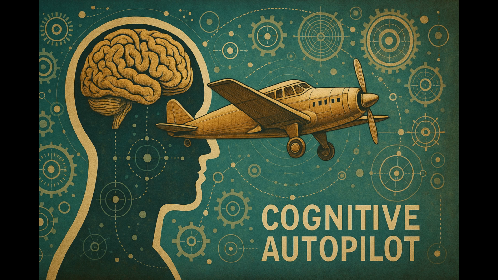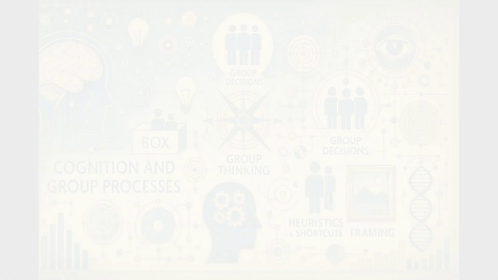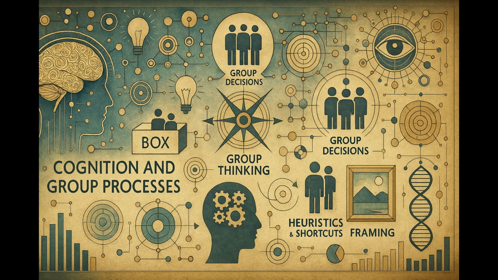Like this study where people were subliminally exposed to images of black faces and then showed higher levels of hostility, even if they weren't consciously racist. Yeah, it's pretty unsettling. It shows how deeply ingrained these implicit biases can be. It challenges our whole idea of ourselves as rational, unbiased decision makers. It really does. So all this research on priming and framing really starts to chip away at our belief in